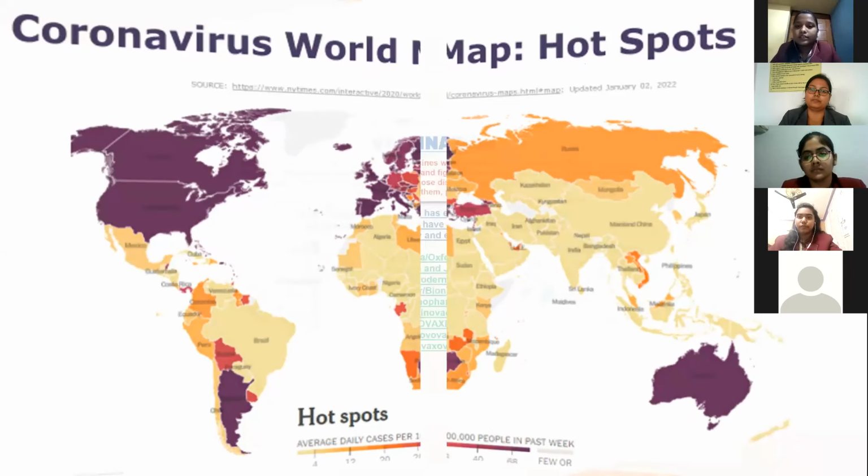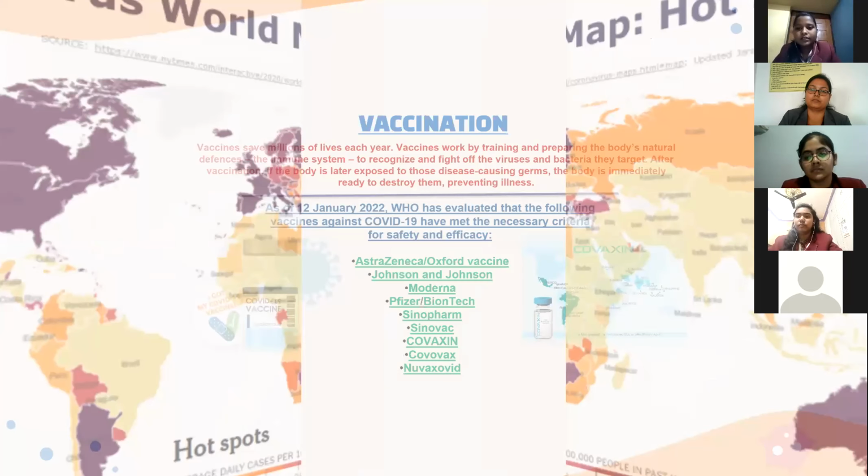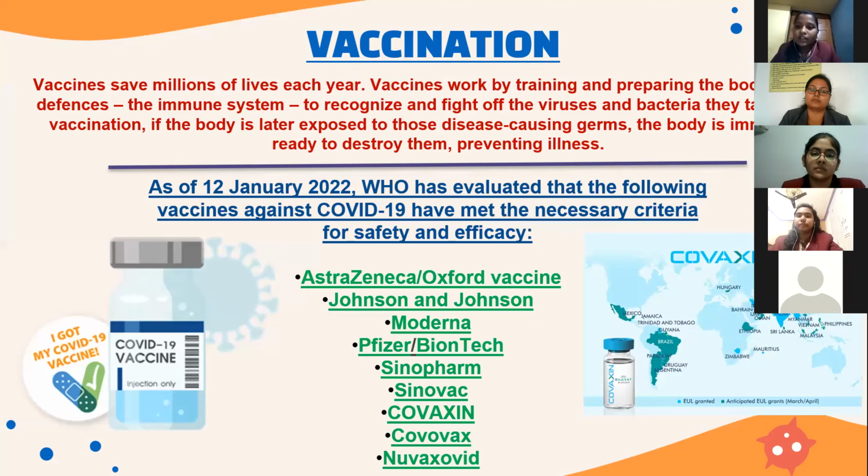Then moving up to the next slide, that is about the vaccination process. Vaccines save millions of lives each year. Vaccines work by training and preparing the body's natural defenses, that is the immune system, to recognize and fight off the viruses and bacteria they target. After vaccination, if the body is later exposed to those disease-causing germs, then the body is immediately ready to destroy them, preventing the illness. As of 12 January 2022, WHO has evaluated that the following vaccines against COVID-19 have met